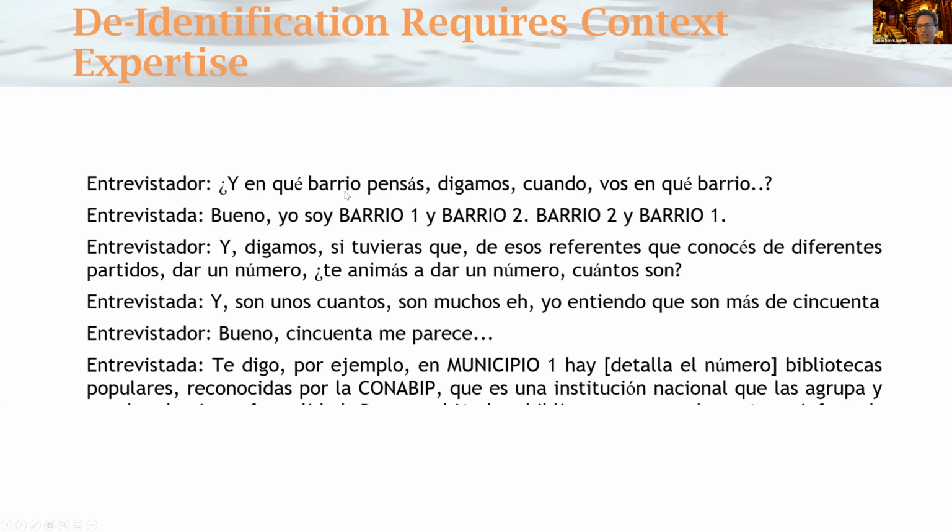I purposefully put a Spanish transcript here. So if you don't speak Spanish, that's already a problem. In this case, there's a good example, right? So you need to know, right, municipio. So the city here, I de-identify. I need to understand what's the CONABIP. Is that something I need to de-identify? In this case, they decided it isn't. It's a national organization for libraries. So